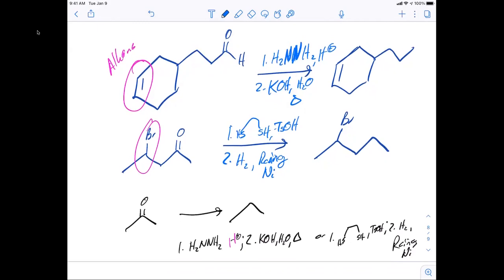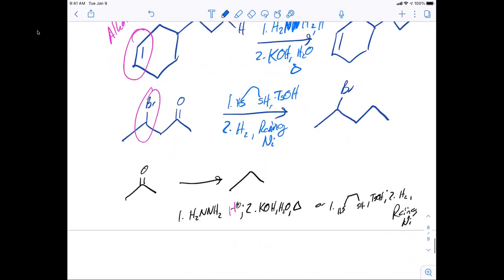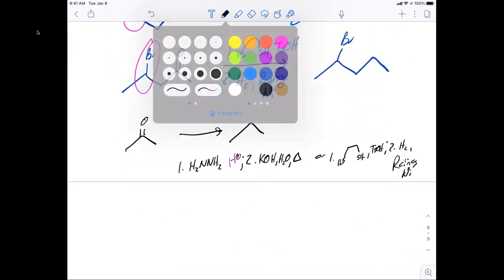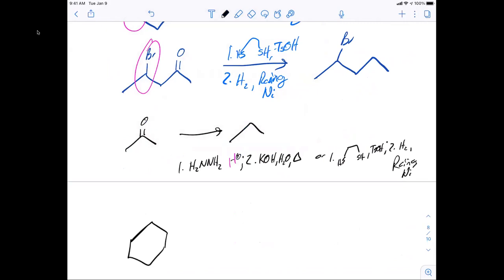So whenever I have more than one way to do something, it's usually not the primary functional group that I'm going to be watching for. It's going to be that secondary functional group. The secondary functional group can direct me whether I'm going to do preference one over the other. There's going to be cases where it could be either, but in this case, they would have given me different products. If I had taken and tried to do the,